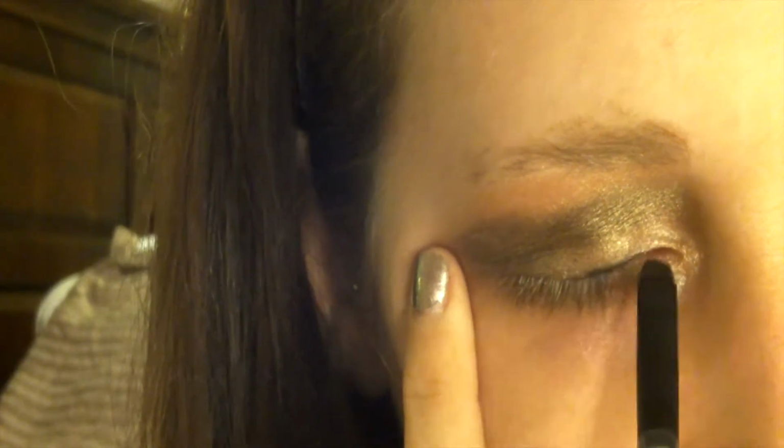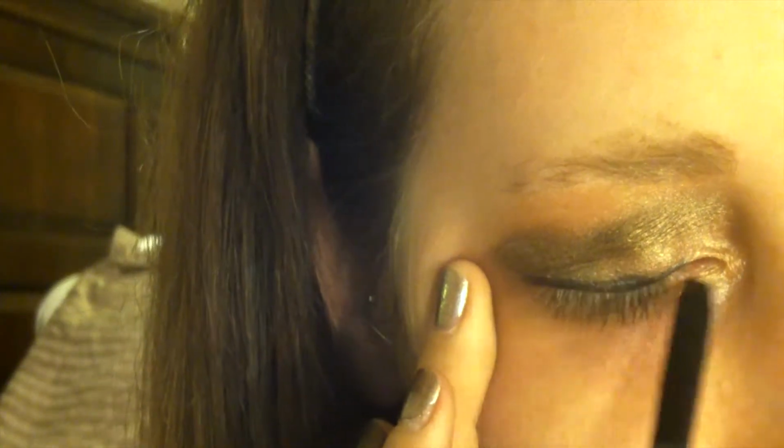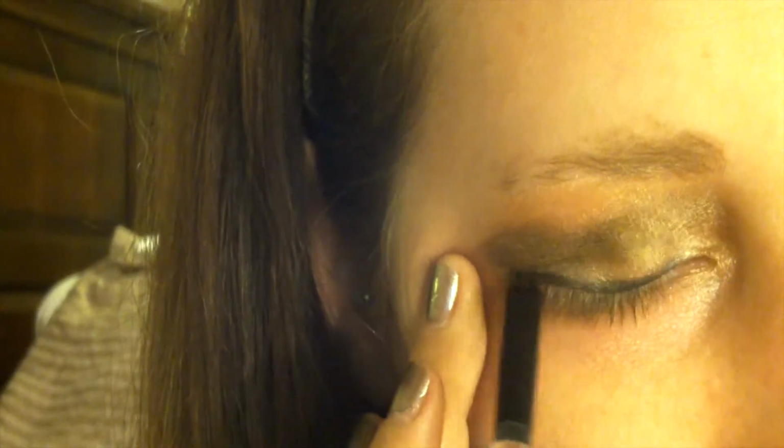Same concept as before. Just gather up that shadow. And you're basically going to do it like any other eyeliner, or how I do eyeliner anyway. That line runs considerably thicker than the other one, so